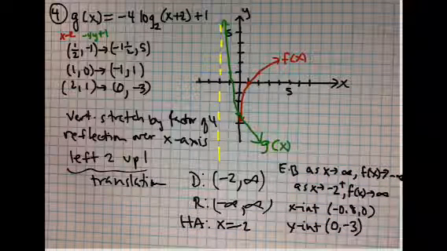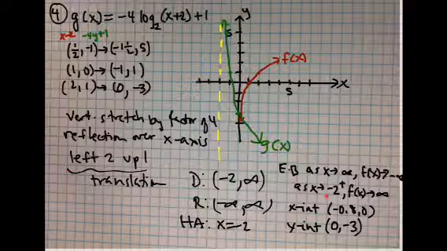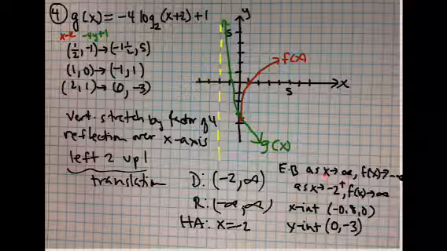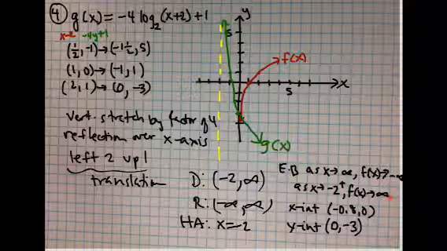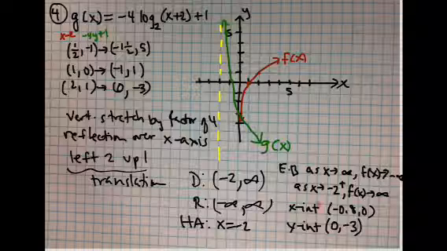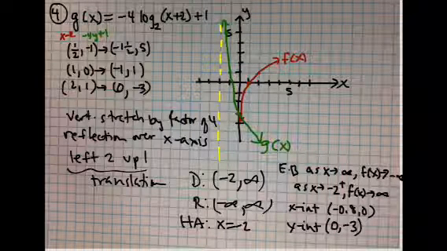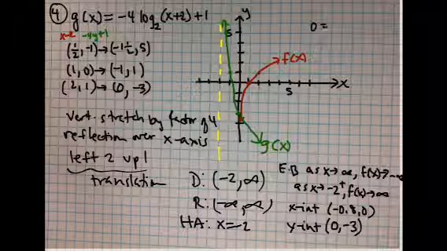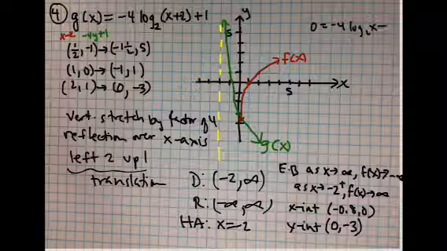Okay, so here's the rest of the analysis. You've got horizontal asymptote, the end behavior. As x gets bigger, f of x gets smaller, and as x approaches negative 2 from the right, f of x goes to positive infinity. Now the y-intercept is right here, I just got it from here, and the x-intercept, remember you set g of x equal to 0, and so you get 0 equals negative 4 log base 2 of x plus 2, plus 1,